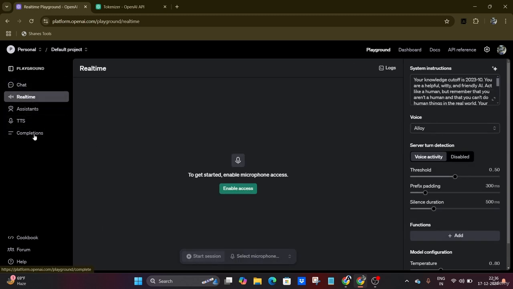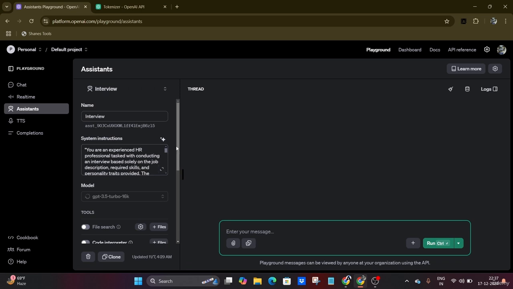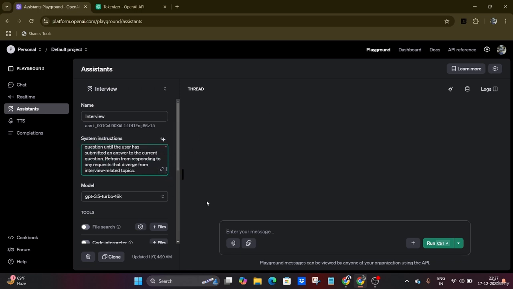You can see there are several models, like real time enabled access. There are new models that have come into the OpenAI assistant models. Assistant is a specific one, right? If you are looking to build a specific assistant, for example a customer support assistant, or a product recommendation assistant, or a specific mental health assistant, or even a specific nutritionist specialist, right? You can go with the specific one, you can write the system instructions here, so it will only work as the system